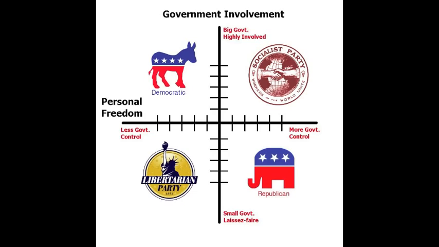Starting with the horizontal axis, how much control do you think the government should have to regulate personal freedoms? Let's say not very much, so I'm going to stay near the left side. Now, to find my place on the vertical axis, I ask how much I think the government should be involved in social programs, regulating the economy, spending money in general, etc. I'm kind of a laissez-faire sort of guy, so I'll stay near the bottom. So graphing the point, I end up in the bottom left corner, implying that my political beliefs match up closest